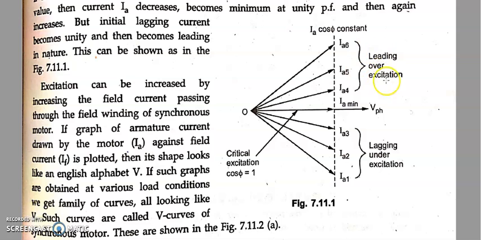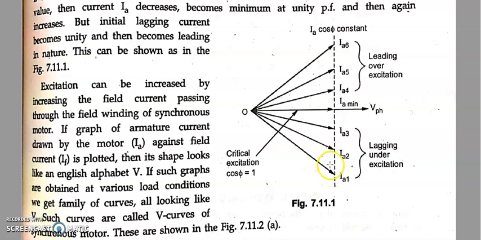So this happens in the over excitation or leading power factor, but this line remains always constant, that is the IA cos phi constant line. What is that exactly? This is the adjacent length. Okay, this length, this length. For any triangle you can see, either this triangle or this triangle, this is always constant, but it changes with respect to the hypotenuse as well as the opposite side, but the adjacent will always remain constant. This will act like a reference for all of the various excitation conditions.